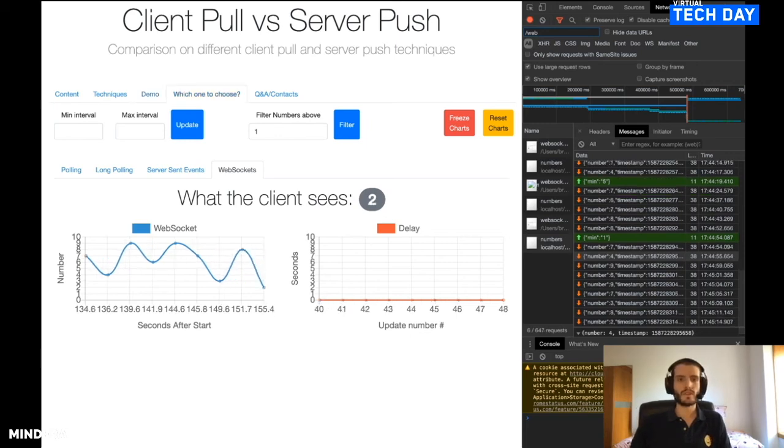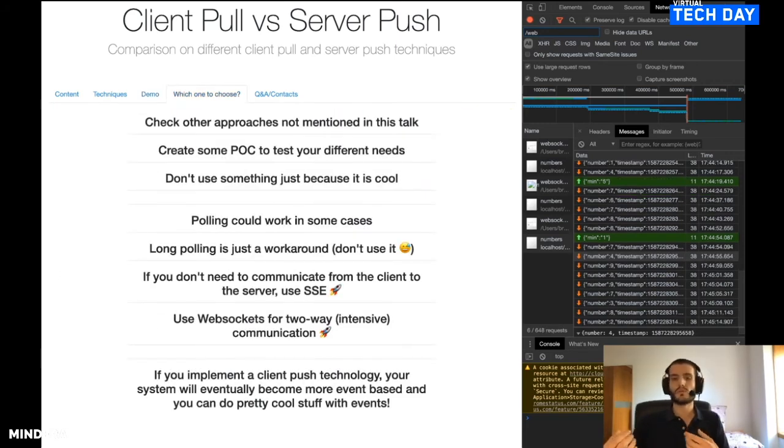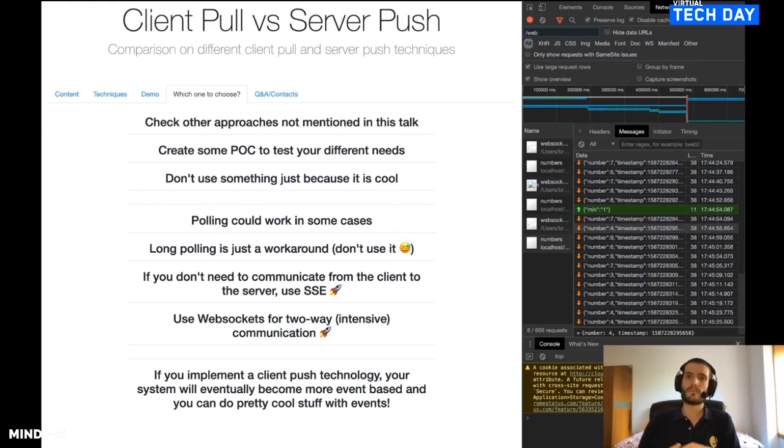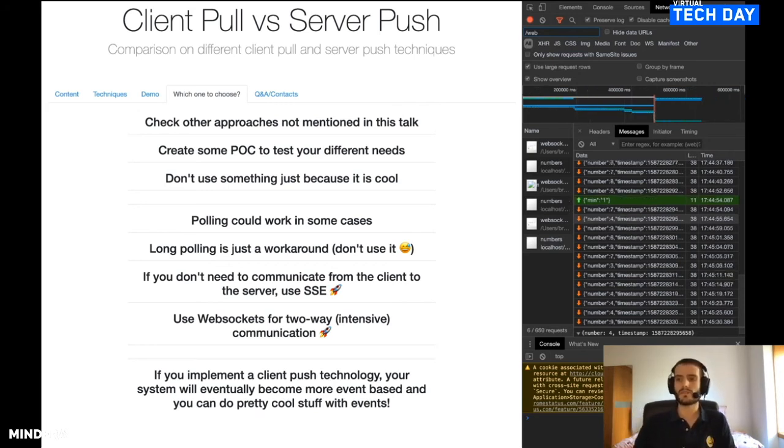Let's move on. So now, what are my advices if you decide to go with something like this? First of all, maybe check other approaches that I didn't mention in this talk. I didn't show you the entire world. There are other things like RSockets, so you can check different approaches, do some proofs of concept, test your different needs, and maybe benchmark your services and see if it fits the need you want,